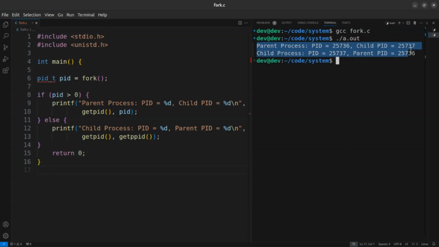Here as you can see both printfs are printed. In this code, this getPID function gives the process ID of the calling process and getPPID gives the process ID of the parent process. So here the first PID is the getPID. This is the PID of the parent process and the child PID is returned in this PID here in the parent process and which is